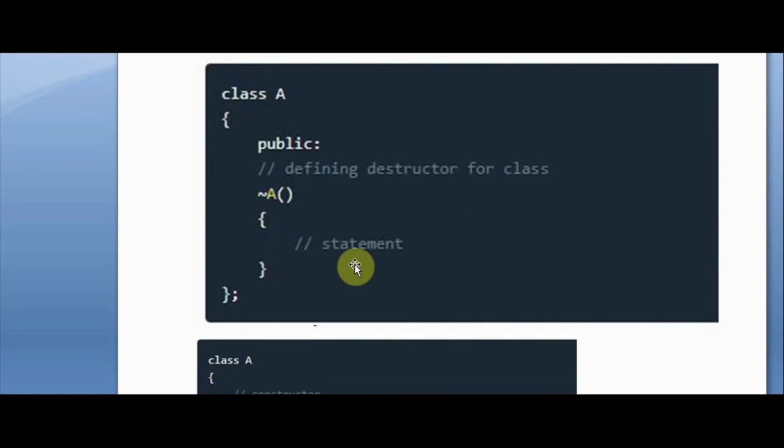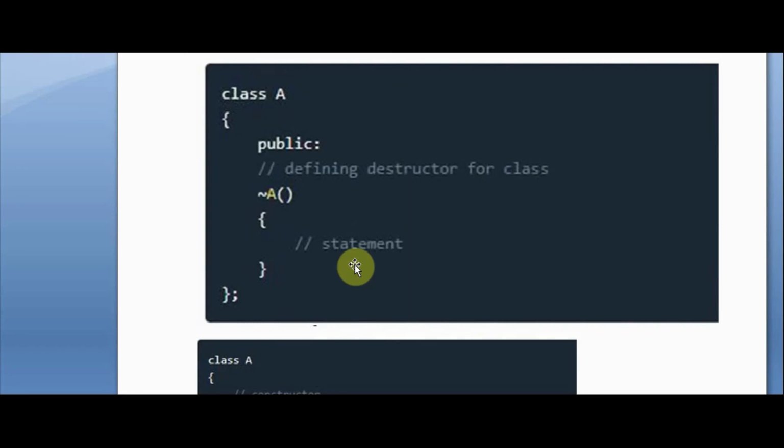So how can you destroy it? You have to use a destructor. The destructor is called automatically by the compiler when the object goes out of scope. So it is a kind of request to the compiler that will be automatically executed by the compiler.